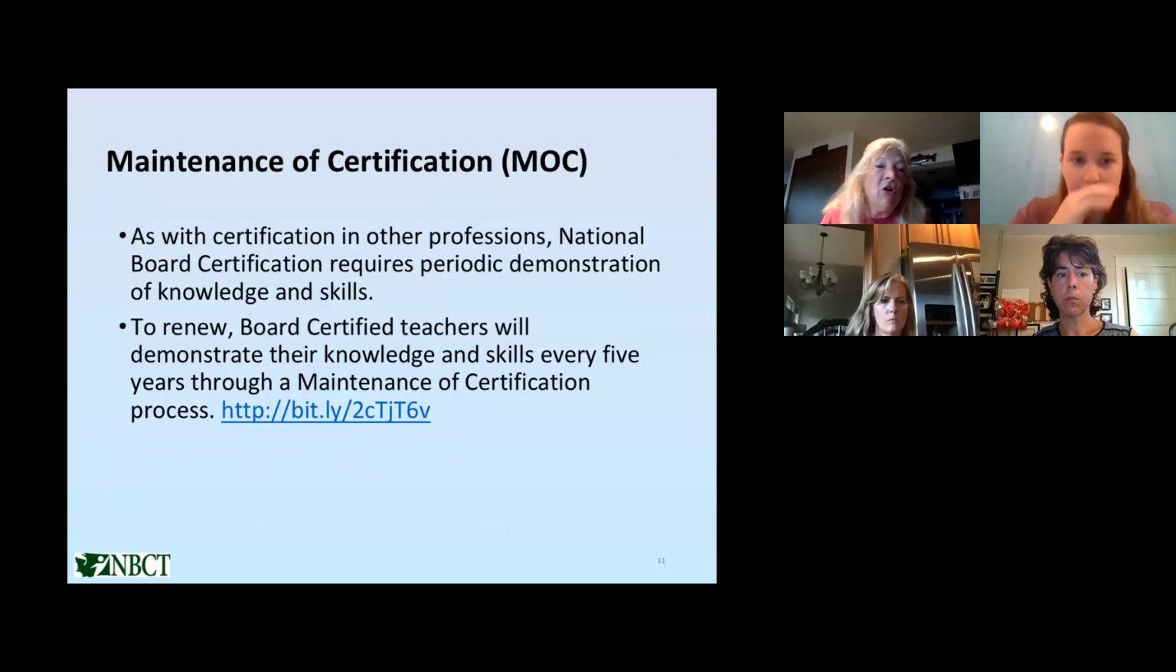Okay. So in your 5th year, you're going to do an MOC, and that will just help you renew. In fact, before it was called renewal. And so they also have some information on that. The MOC has been occurring the last couple years, and the people that have been through it have said that it is, you don't want to say easy process, but much less rigorous and time consuming